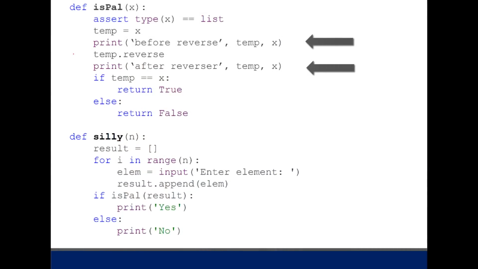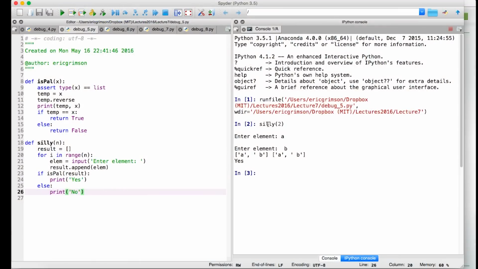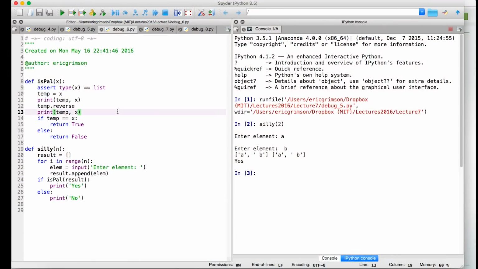So I'm going to now have the one I had before, which is after the reverse, and I'm going to have the one that I was going to do before the reverse to see what's going on. Okay, with that in mind, I'm going to come over and try this. I've got now a piece of code with those two print statements. And when I run it, and I run my silly example,